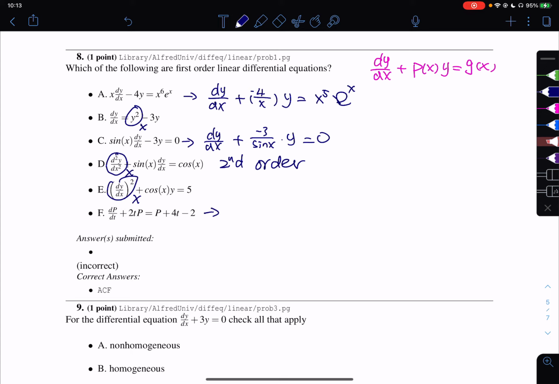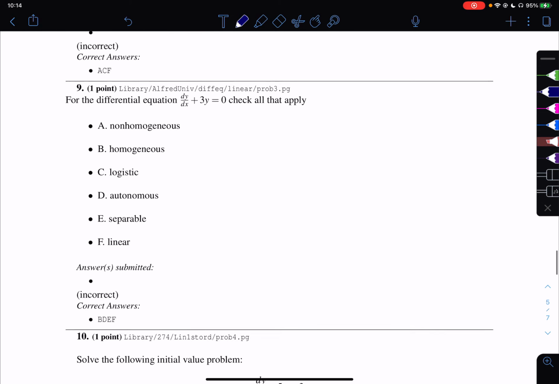And the next piece, if I were to rephrase it, it's dp over dt, and then plus 2t minus 1 times p, which is the same as 4t minus 2. So I found those three as the first order linear ordinary differential equations and even converted them into the appropriate form. So the next one is we want you to find